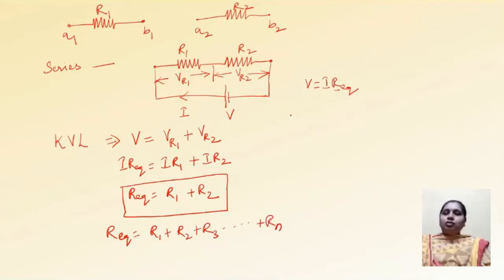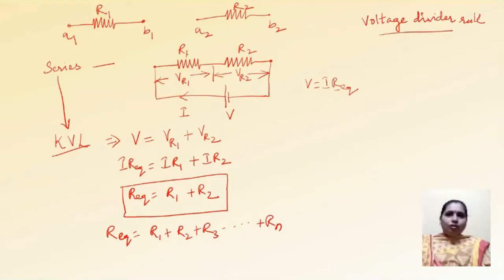Okay, so here we need to remember that for a series circuit we are going to apply KVL. Then we will come across the voltage divider rule. So what is this voltage divider rule? As we have seen here, the voltage source voltage is going to be divided into two parts, as there are two resistors. So this division can be found out by using the voltage divider rule.